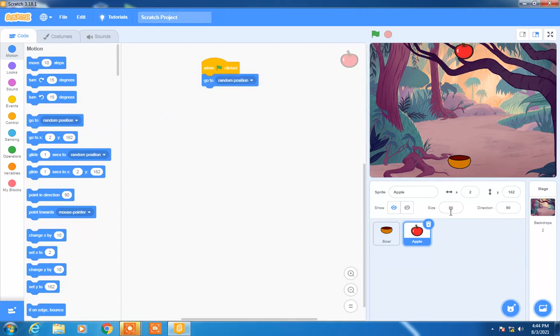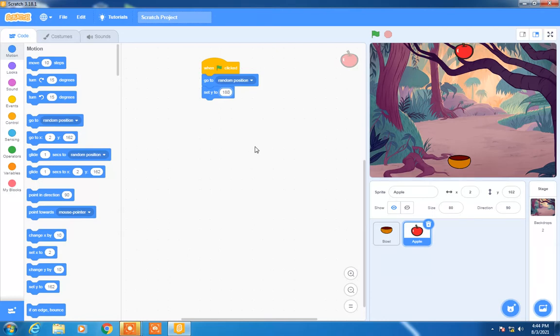The y-axis is going to be decided beforehand because we want it to fall from top. So set the y-axis to the topmost position. So we will just make it 180. So it is going to fall from top.